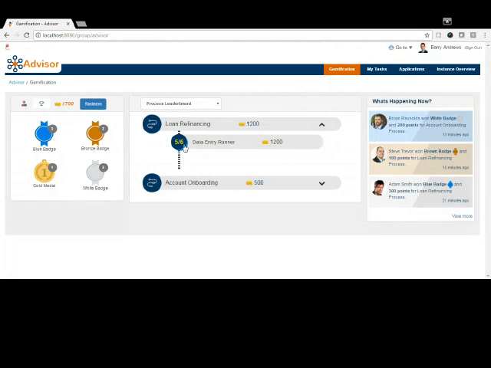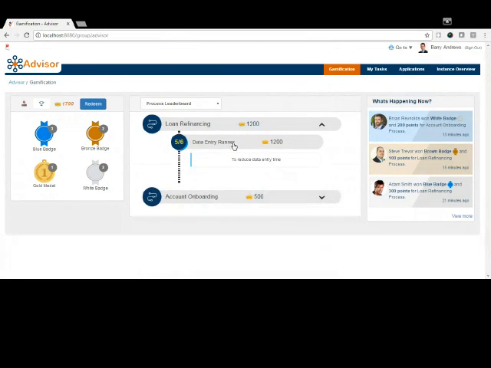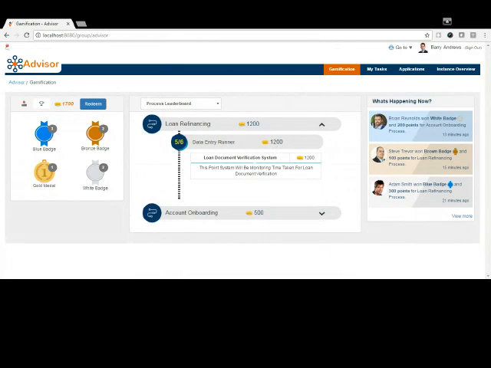On clicking this ranking icon, it expands and shows the leaderboard for that particular game. This can be expanded further, but currently it shows the top 5, including Barry himself. On clicking the game, it shows the points in the description of the game, and clicking on the points shows the point system through which Barry has earned the points. In this case, Barry has earned loan document verification points, and he has got around 1200 points in this. Now, after accumulating these points, there is an option where we can go ahead and